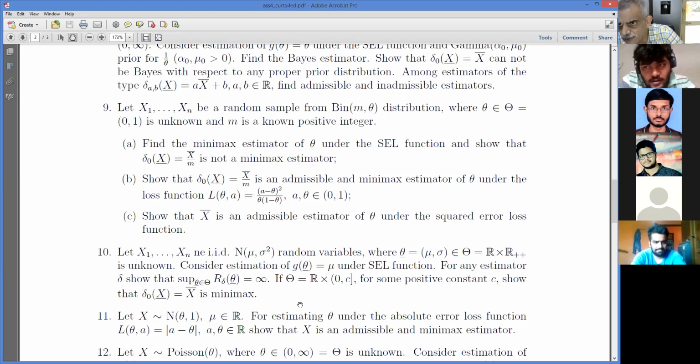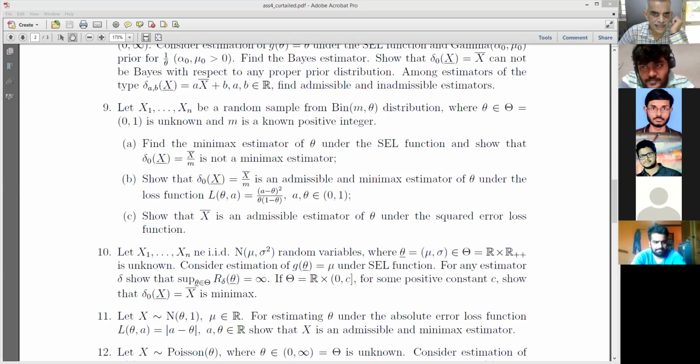The average risk of the Bayes estimator, you can calculate because the Bayes estimator, you know. So what you get is that the supremum of r delta theta is always greater than or equal to something which is in terms of parameters alpha and beta. Now alpha and beta could be anything. You can choose alpha and beta so that it becomes infinite. So the supremum would always be greater than or equal to infinity. That is one way to do it. Let me see if I can show you if it is there in the lecture notes. Yeah. So normal case.